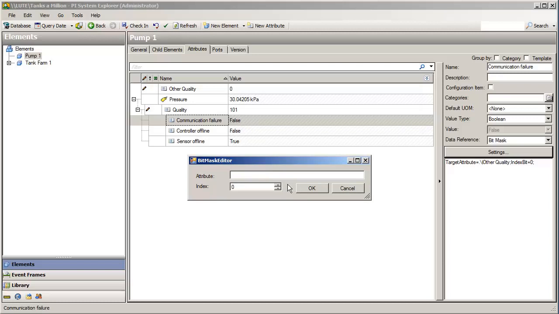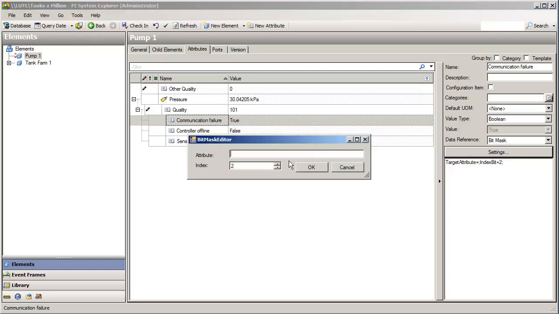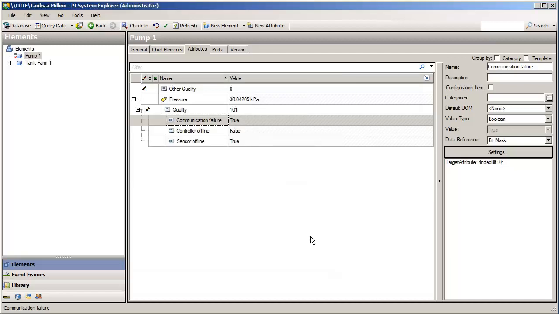So if I reset this just to look at the parent attribute, and I say, oh, go look at the second bit, 0, 1, 2, look at that, it updates. And if I go back into the editor, sure enough, behaves exactly as we want to.